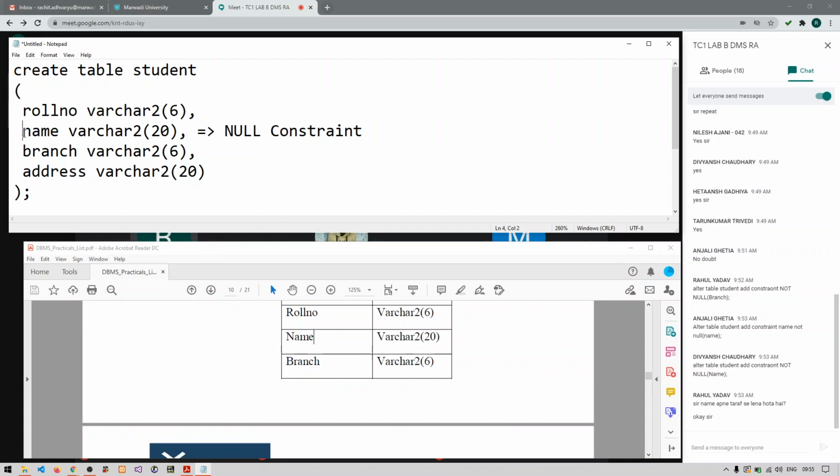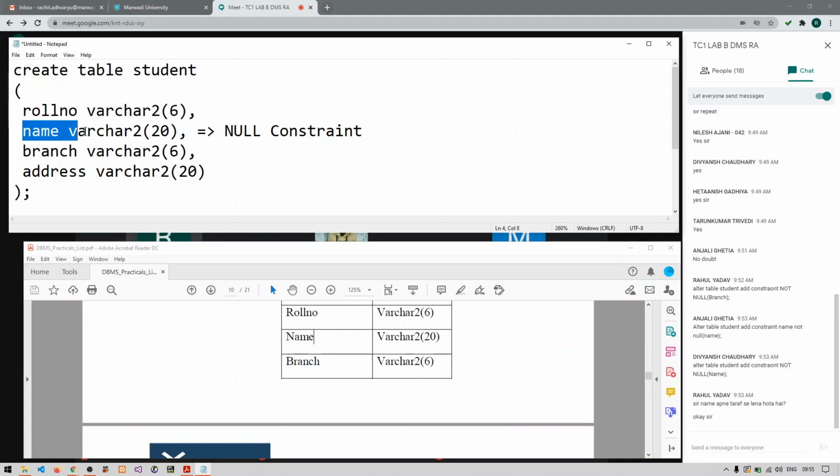That means if you enter the data for this column and you do not provide any values, you keep it blank, then also the data will be inserted in your table. So by default it is null constraint. That means you are allowing this column to have empty or blank values.